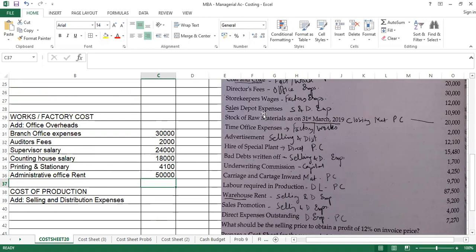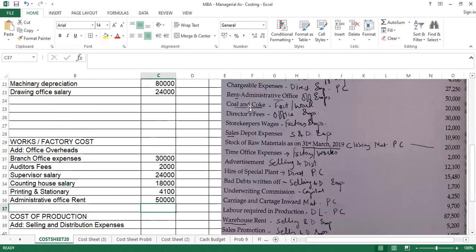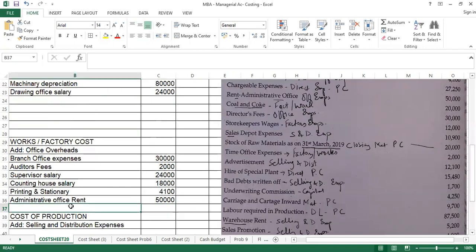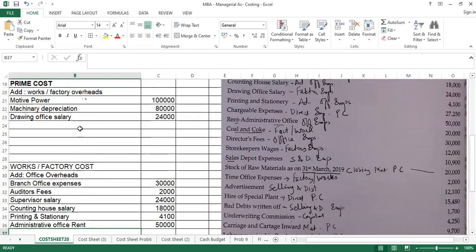Yes, after admin office, then we have coal and coke, which is used in the manufacturing process. So it is a factory expense amounting to 20,000. So factory expenses for the coal and coke. Here, coal and coke, we have consumed 20,000 in the year. That will be added in your